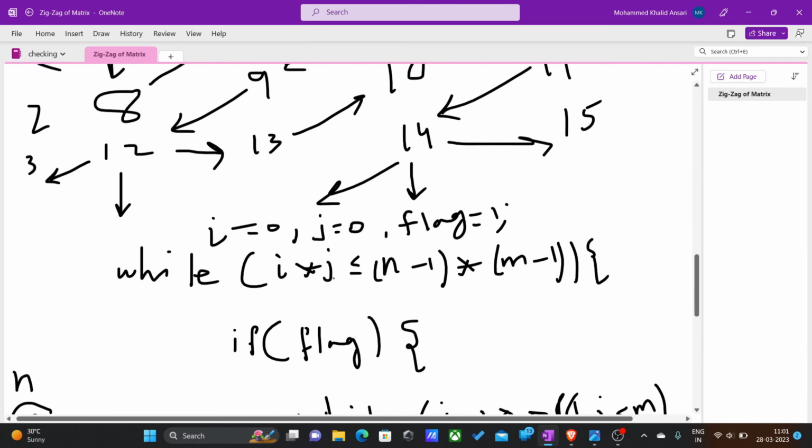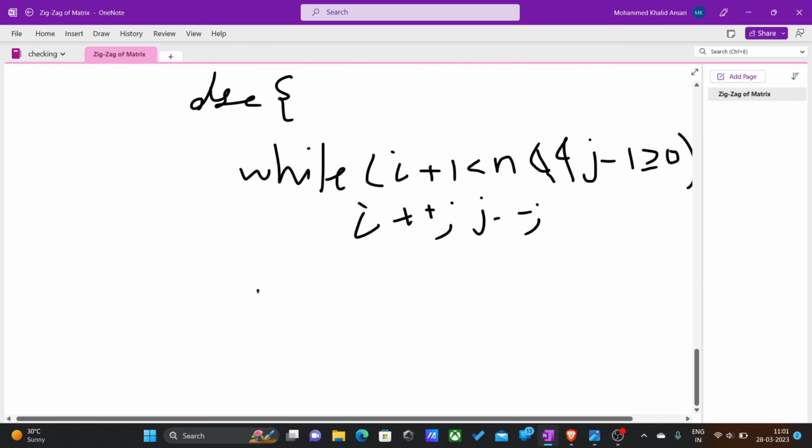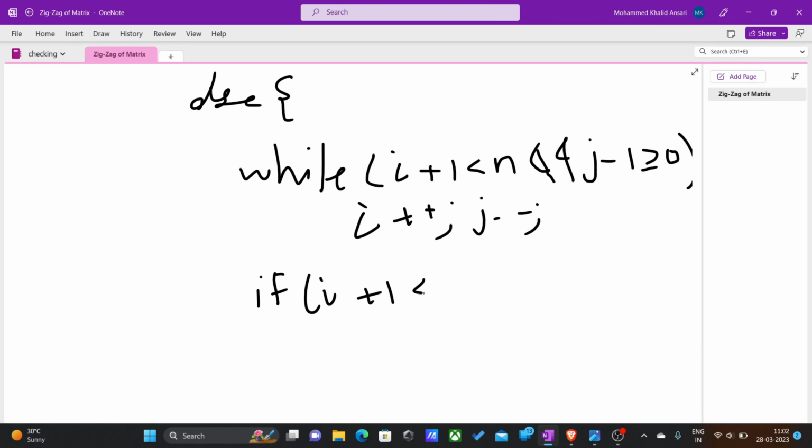And now let's say we came here. Now in that loop we check I plus 1, we have an element, but if we increase j, we don't have any element here. So for that case we have to check the down case, since the element is present down. Going down means we are increasing only I, so we will be checking here if I plus 1 is less than n, then we will simply increase I,